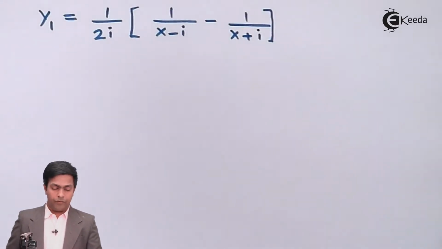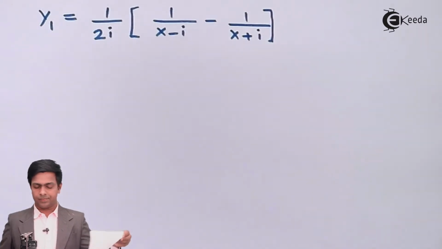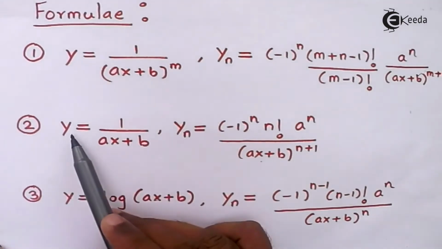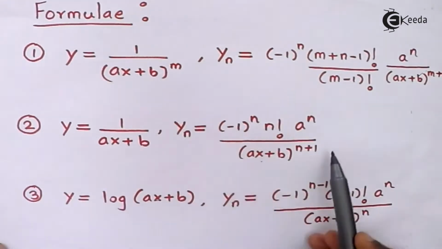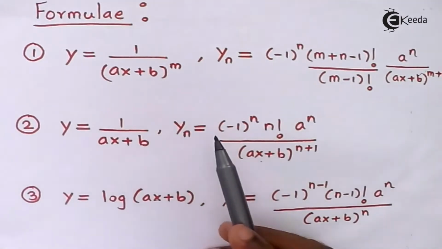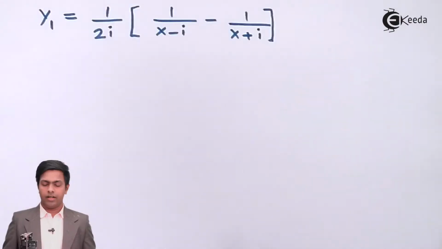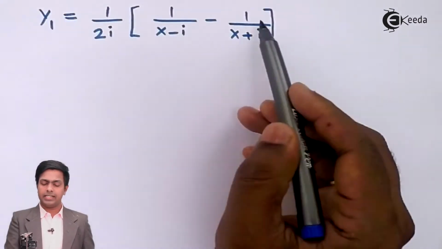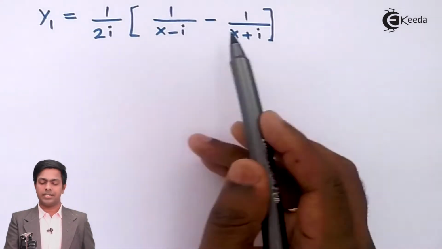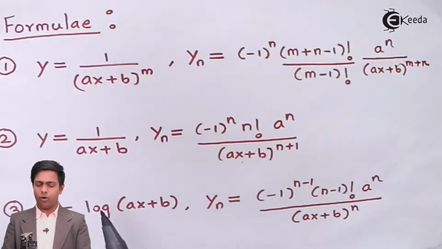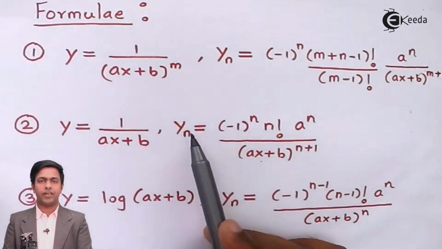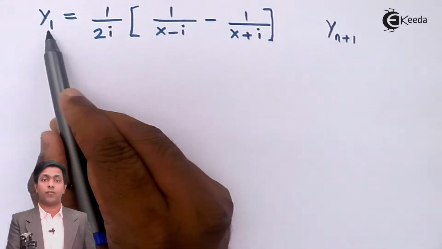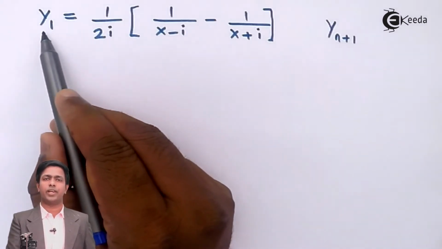now we have to observe one more thing. So if you see here, then my function 1 upon x plus b is y. So that is why I'm getting this answer as the nth derivative. So guys, just see here, if you see this function, then it is matching with our form, that is 1 upon x plus b, but it is at a stage of y1. So it means this is the value of y1. So if I apply the same formula, then I'll get this nth derivative at y of n plus 1, because I'm starting at a stage of y1. So my nth derivative will be shifted by 1.